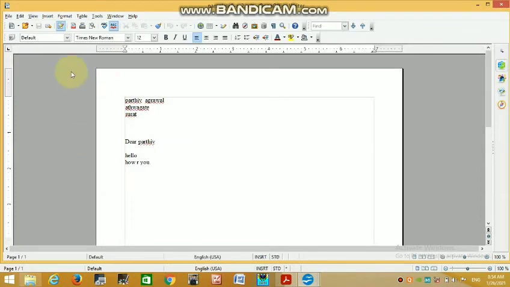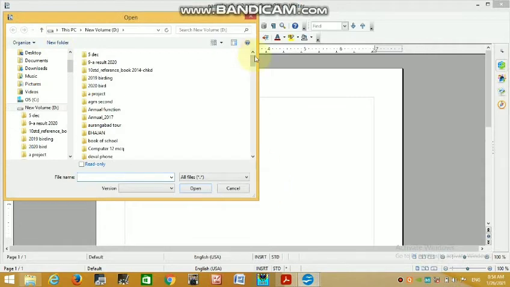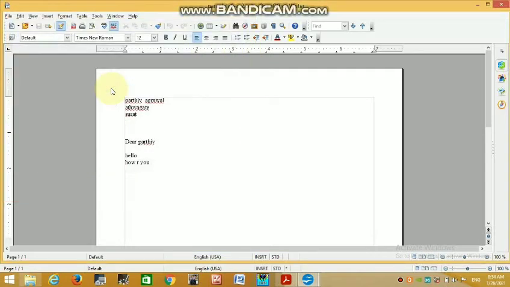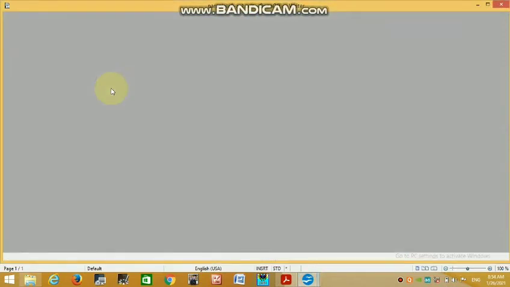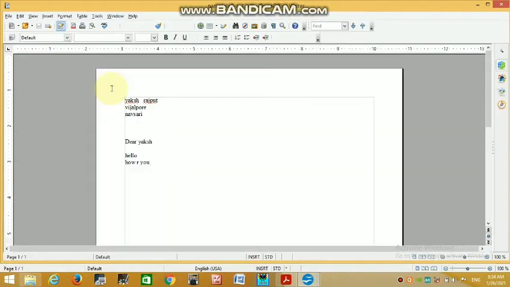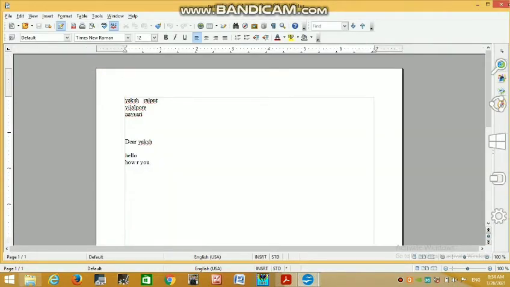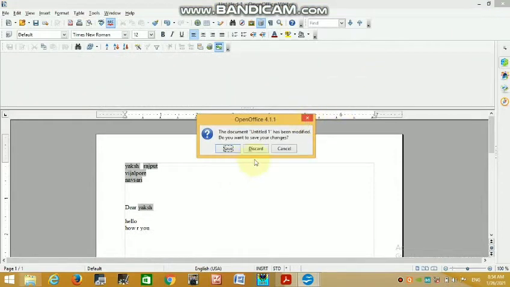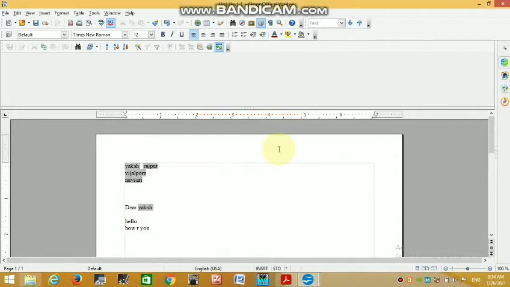Is a Parthiv Agrawal. Third number file. One number file. Yaksh and first number Kripa. This way we can save our file individually with the help of this mail merge command. So mail merge command is used to make different documents with the help of one database.